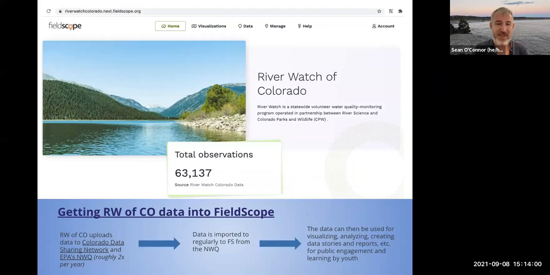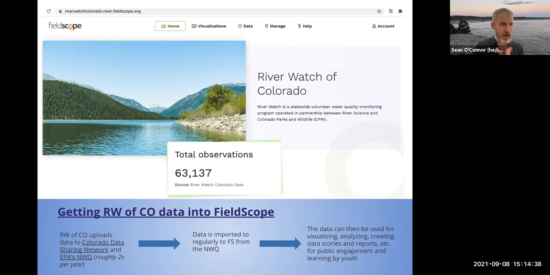We mentioned this at the top of the session today, but I wanted to just convey to you how the Riverwatch of Colorado data gets into FieldScope. And if I keep saying FieldScope and you're like, but what is FieldScope? We'll look at it live in just a moment, so it'll make a lot more sense. But as you may know, your lovely program leads here, Megan and others, do all the work to make sure that the Riverwatch data that gets collected and analyzed all gets uploaded, I believe, to two places, to the Colorado